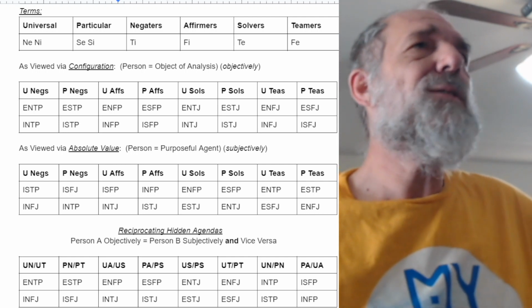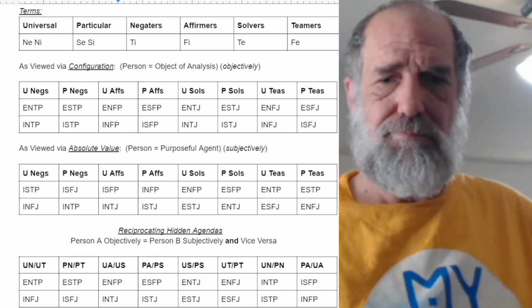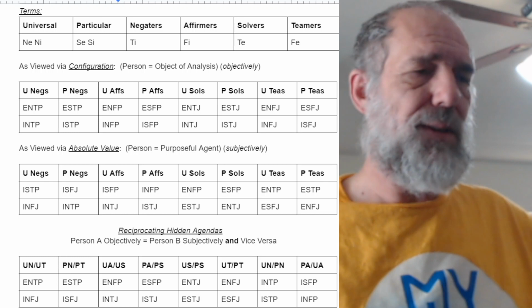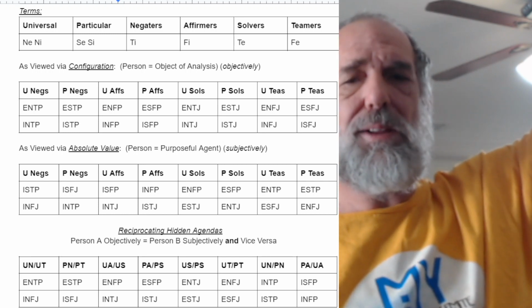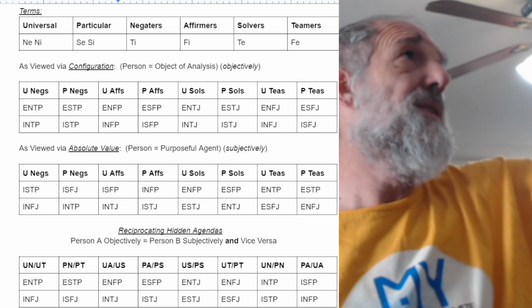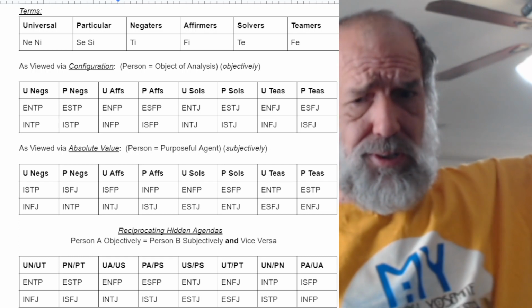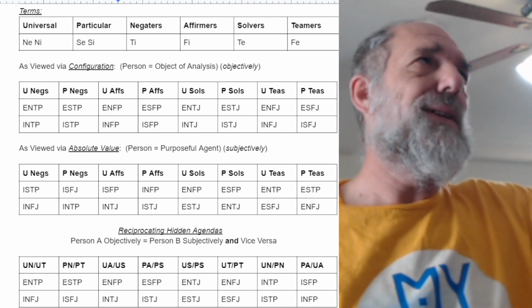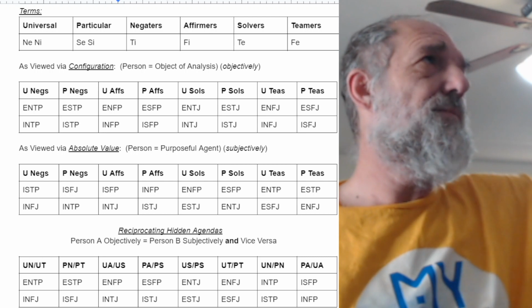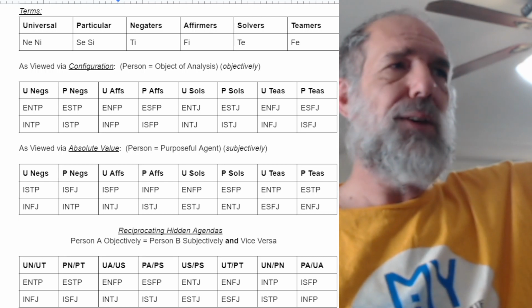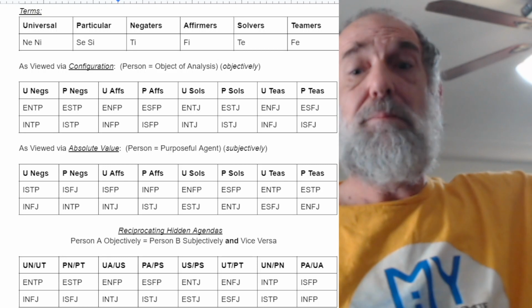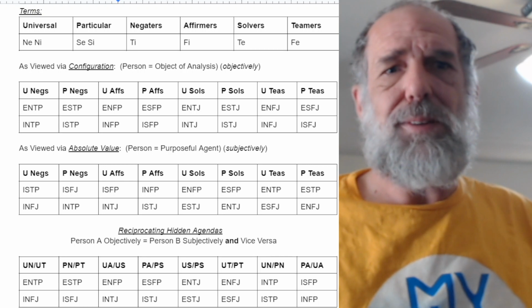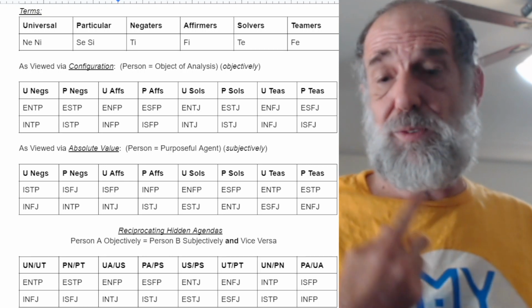So now let's look at those same things, but we're going to view them as absolute values instead of 1, 2 slot things. Okay, so the types objectively, the person as an object of analysis, objectively, if you external parties view them correctly, understanding these terms, understanding that this is, even if you just view it as a taxonomy, how we're dividing things into, then ENTPs and INTPs are most correctly viewed by other people as universal negators, right? But they don't view themselves that way necessarily. And that's because people tend to view themselves as ultimately serving the goal of their absolute values, first and third especially,